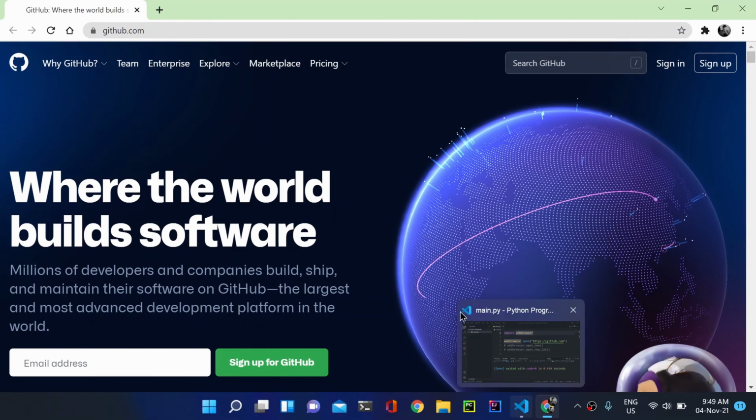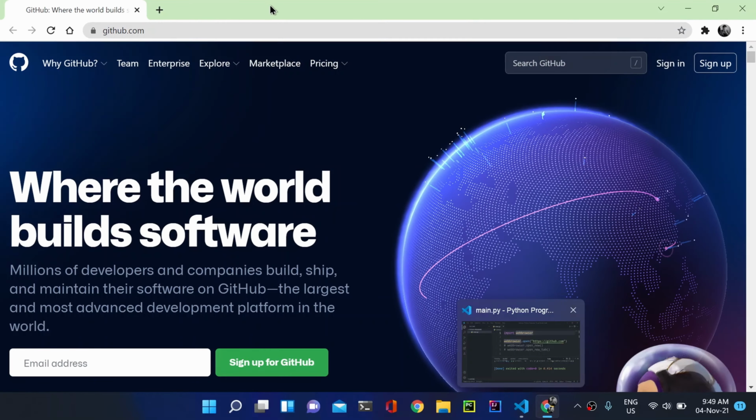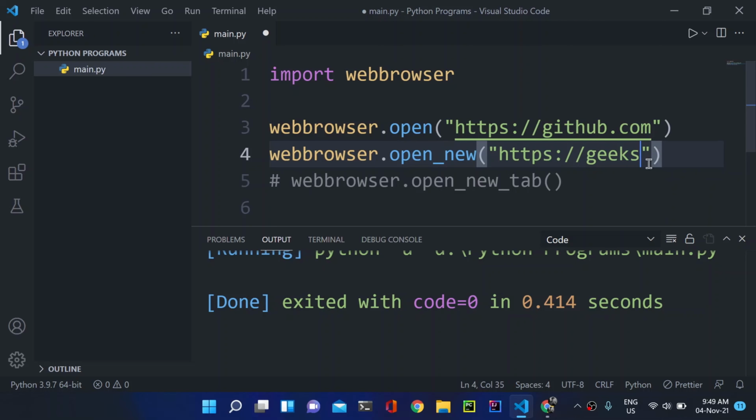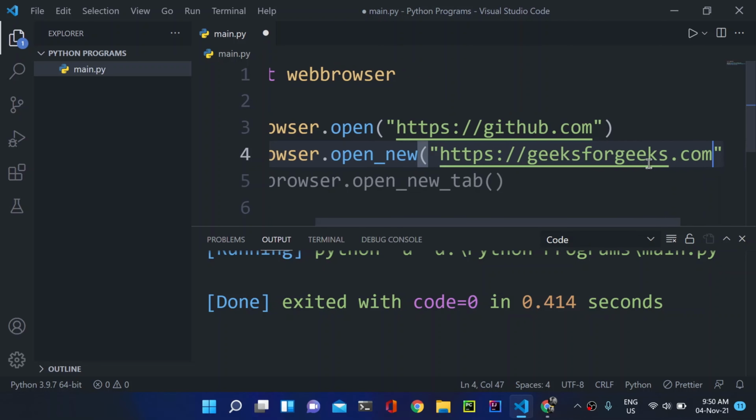Now let us consider that we have this URL opened in our current browser. Now if I want to open, let's say, https colon slash slash geeksforgeeks.com, save it, and now let us run it.